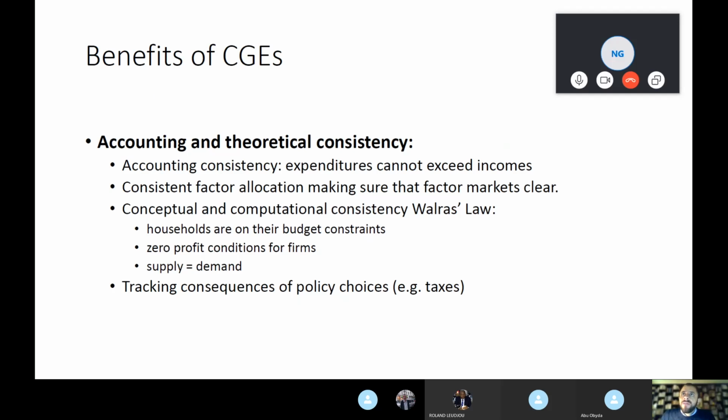That gives us a consistent framework to analyze the different economic relationships through a coherent framework. Okay, so that's from a theoretical perspective. From an accounting perspective, in general, we rely on social accounting matrices. And social accounting matrices, I will explain them later, but briefly, it's like an Excel sheet that contains all the economic aggregates